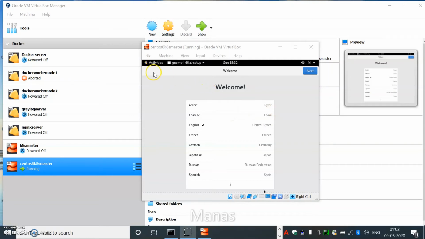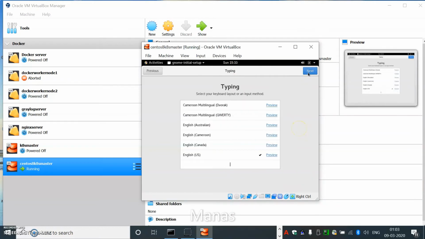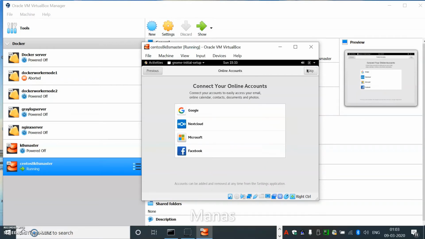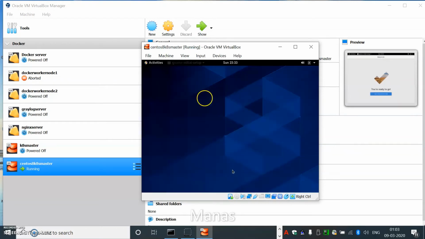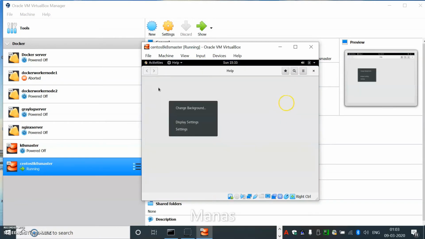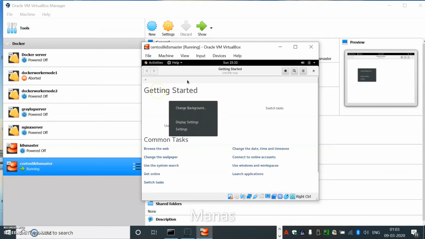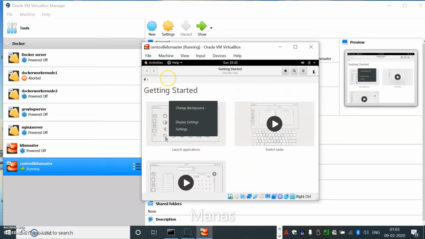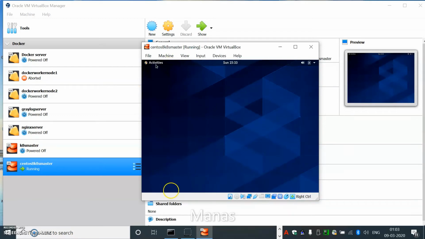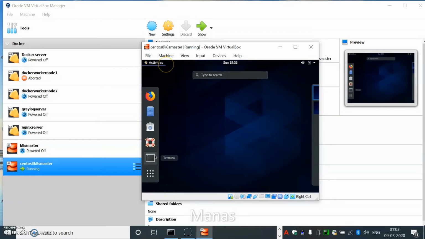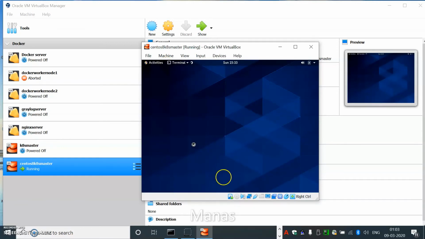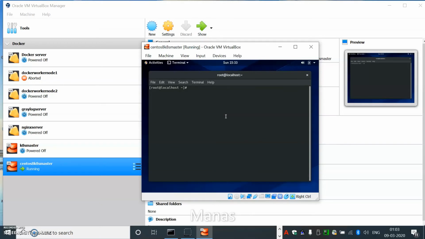I just logged in as root, and it is asking me for GNOME initial setup. Let's click on next. Okay, click on next, skip it, start using CentOS Linux. I'll just close it. You go to the terminal here. So you can see that I'm logged in as root,